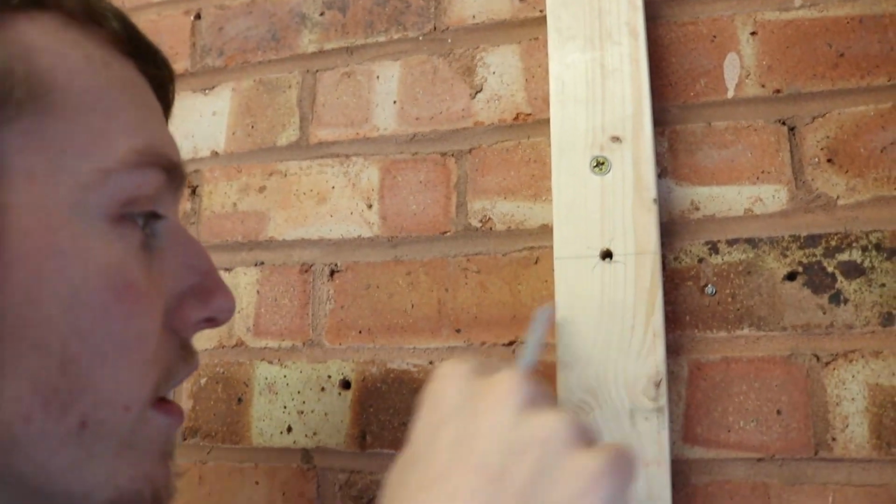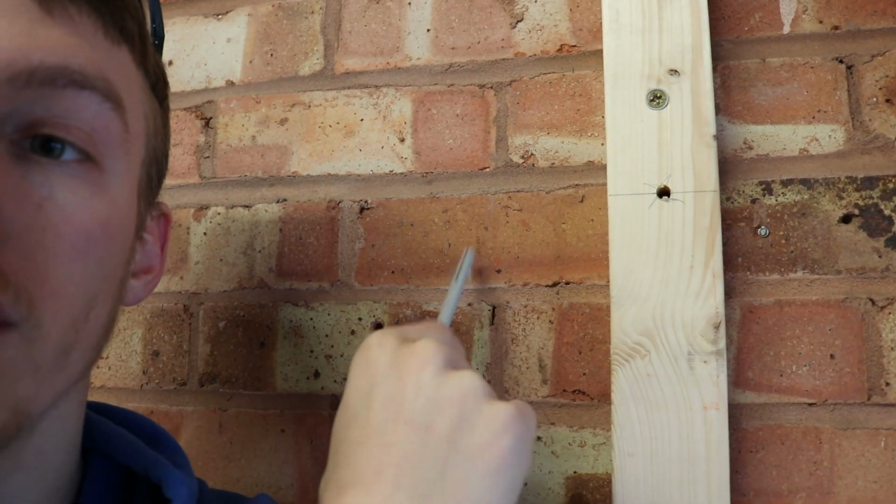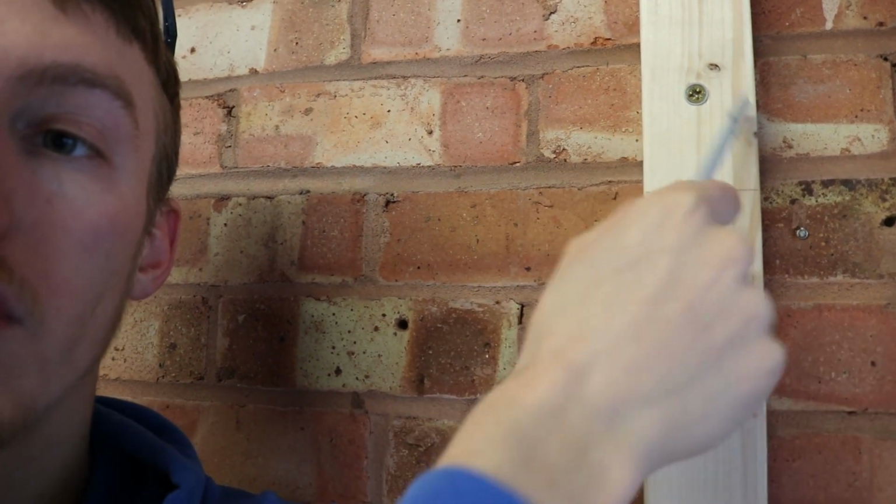I didn't want to put that hole there because I didn't want it to be on the seam of where the cement is. I wanted it to go through the centre of the brick, that's why I've moved it up there. So yeah, they're all secured in now, and what I'm going to do is I'm going to put a